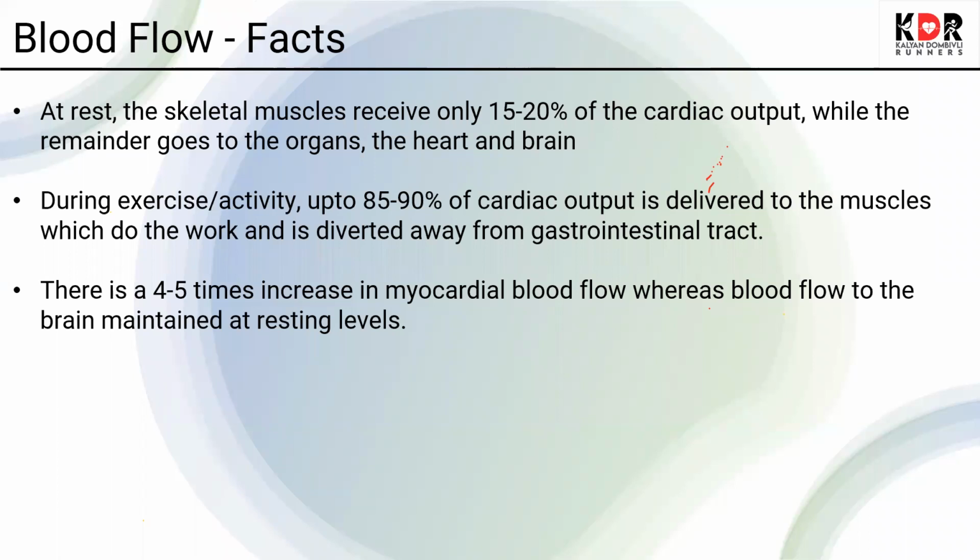When your body is at rest, only 15 to 20% of what your heart is pumping goes to the muscles. Everything else goes to the organs, the digestive system, the brain, the heart itself. The muscles around the heart need blood for functioning. And on the contrary, exactly opposite, when you start exercise, your muscles